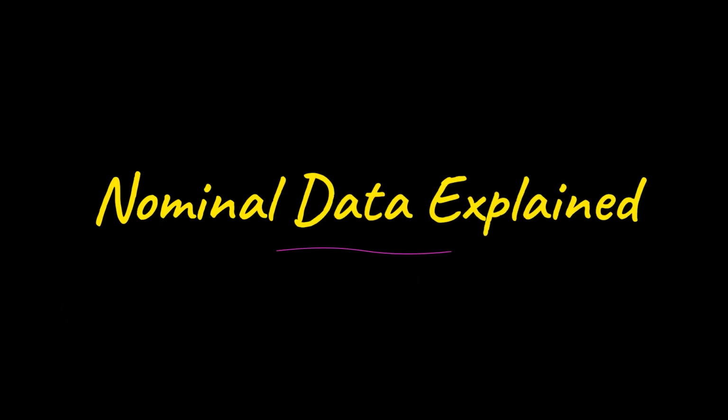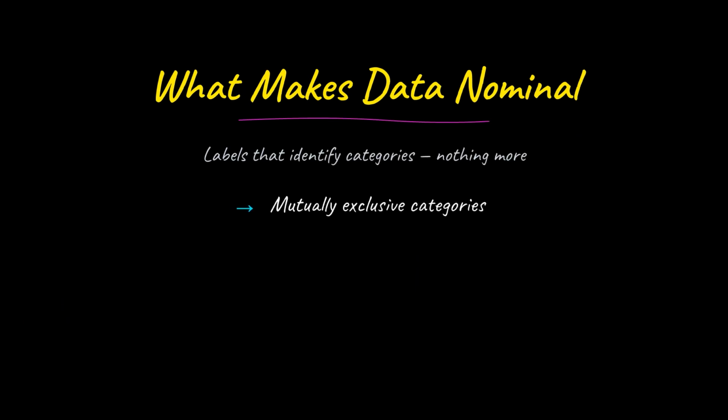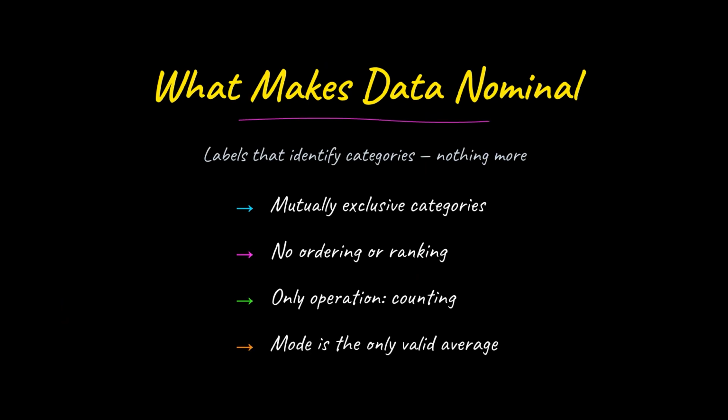Nominal data sits at the most basic level of statistical measurement. The word itself comes from the Latin for name, and that origin tells you exactly what this type of data does. It labels, not ranks or measures. A nominal variable assigns each observation to exactly one category. Those categories are mutually exclusive and collectively exhaustive. Because the labels carry no numeric meaning, counting is the only valid operation, and mode is the only measure of